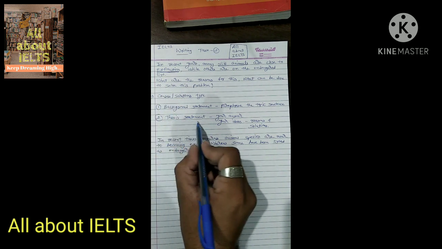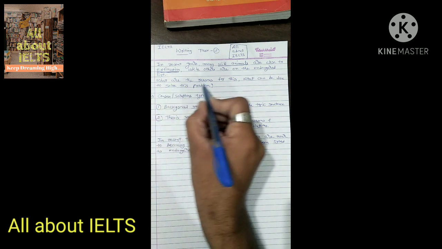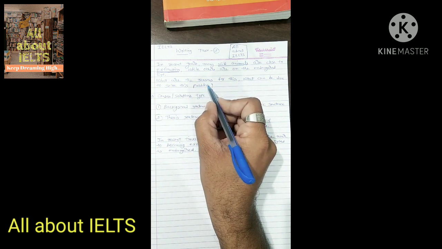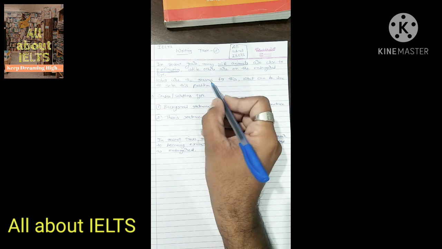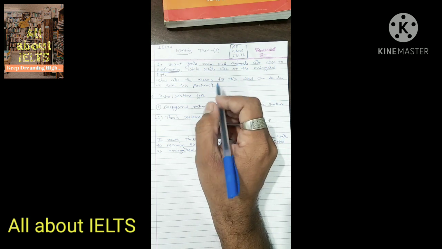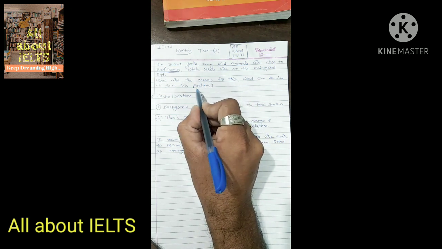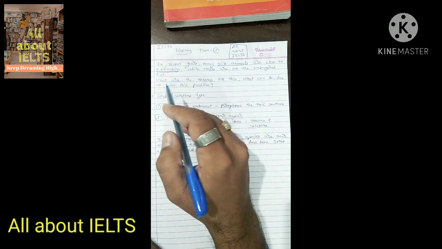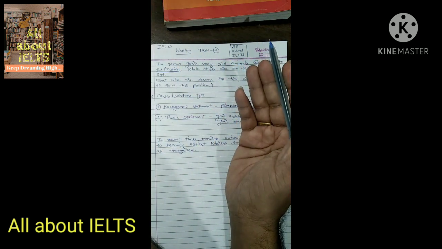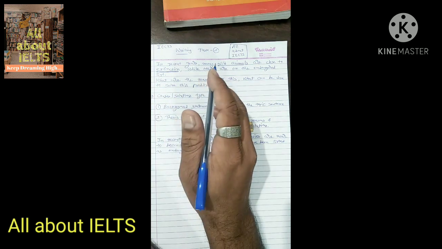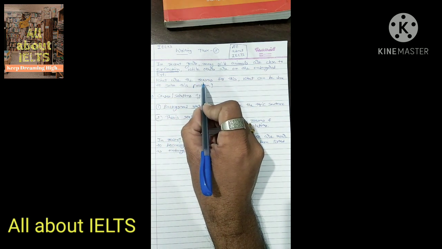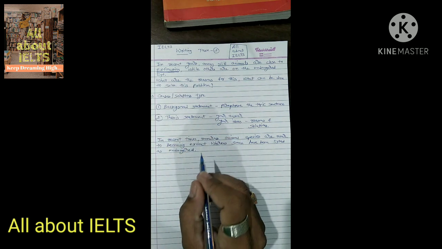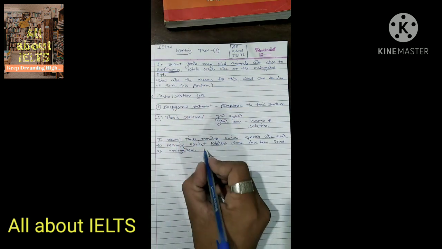Now our thesis statement. What is thesis statement? Our answer to these questions. This is a double question essay. So see, it says here reasons and the solutions. So you can have one reason and one solution, or you can have more than one reasons and more than one solutions. Here we will only have one reason and one solution. So we'll write down the thesis statement now. Can say